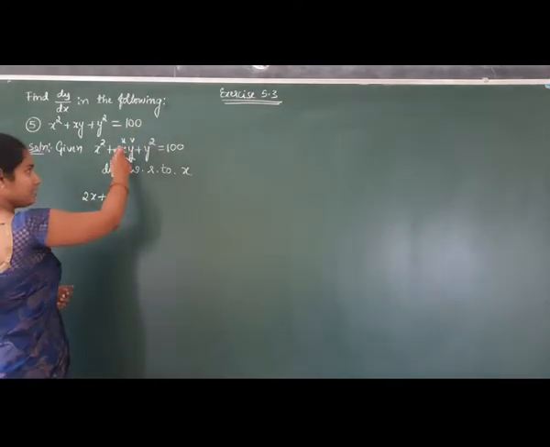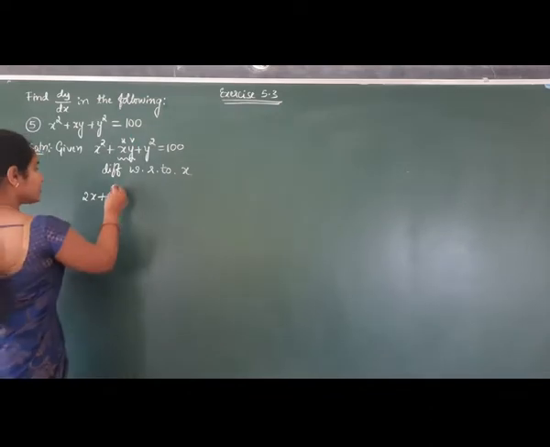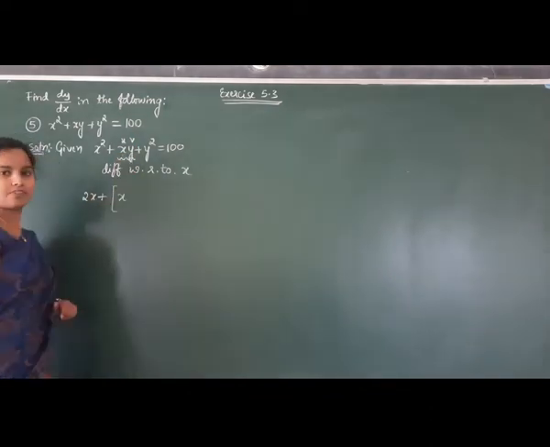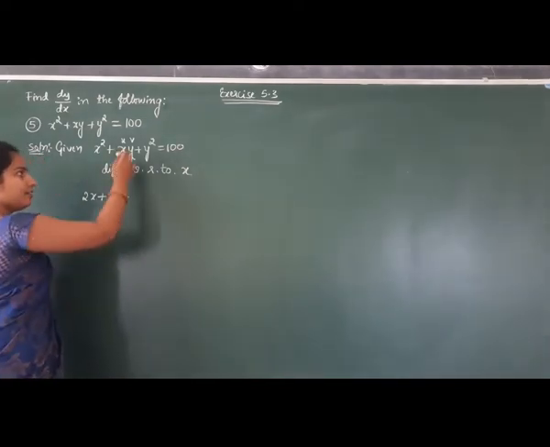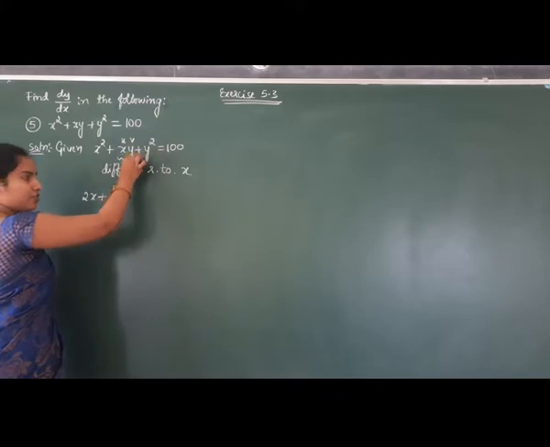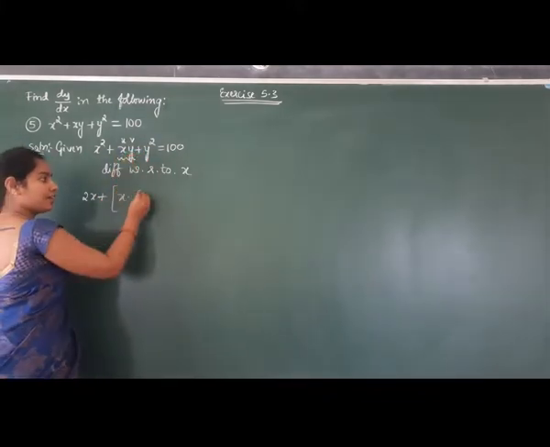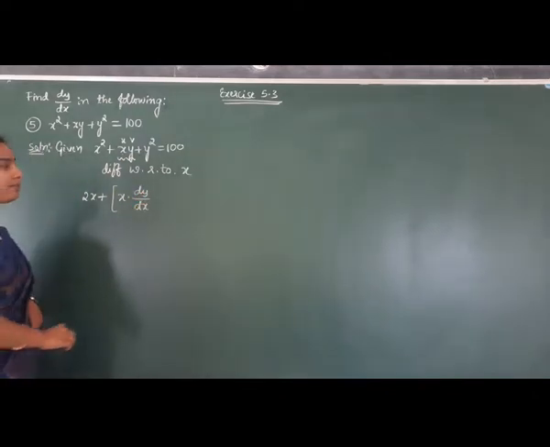I mean x as the first function, y as the second function. Okay, so now I will keep the first function as it is. Then find the derivative of second function with respect to x. I mean derivative of y with respect to x is dy by dx. Okay, plus